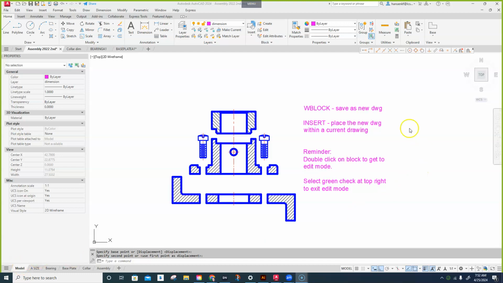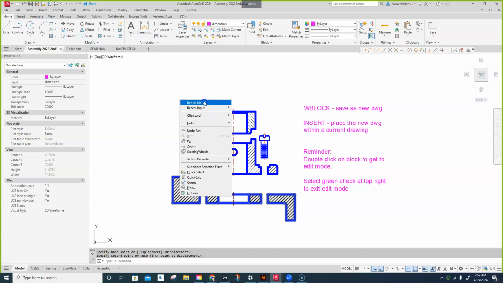All right, so what I want to show you here is this is the main goal. This is what we're going to be getting to. We're going to be setting up our drawings, and we're going to be modifying our drawings as we bring them in so that we can bring in each individual drawing, and then we can stack these drawings together in order